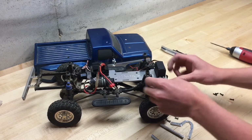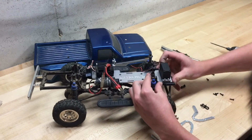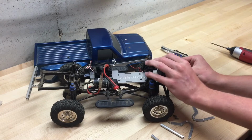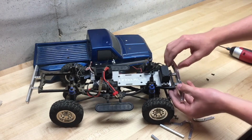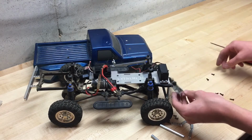And you might want to just press up on that plate slightly and just slide them in the frame until the holes line up. And we can do that for both sides. Okay, so now we can go ahead, and you want to set this bumper mount back on here first. Make sure your bumper is orientated correctly,